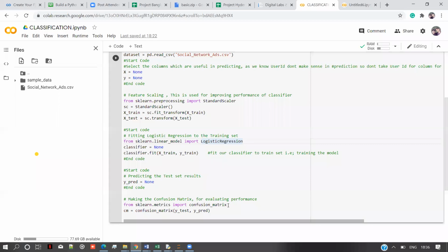Sir, on what basis do we decide that this is the right regression that I should use? Yeah, that's what I'm saying. We have so many evaluating performance metrics in machine learning. Based on those metrics, we'll decide which regressor is best.